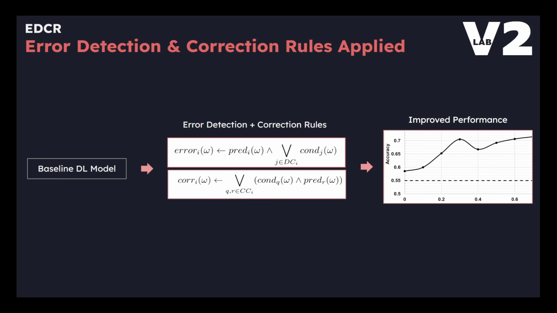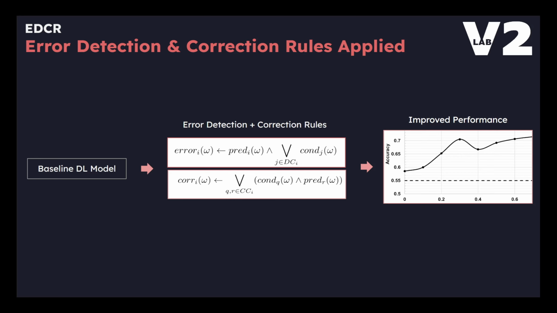However, it's worth noting that the original EDCR framework was designed around a multi-class classification problem. So that's why in the detection rule, it made sense to first erase the label, because you can assign it to a variety of other labels instead. But in our case, we were dealing with a binary classification problem because we were only trying to predict non-spikes or spikes.